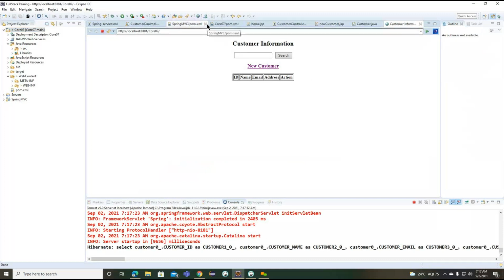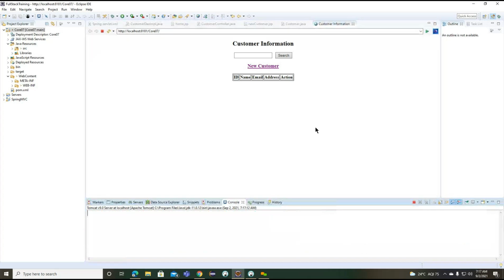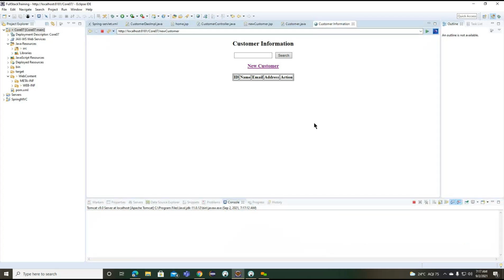Now you can see, here we are getting this particular home page, customer information. And if I click this particular customer button, observe here, these are the name, email, address. So new customer information. Got the point? When we click on this customer, we are able to see new customer here. But what happened here? The save button is not visible here.